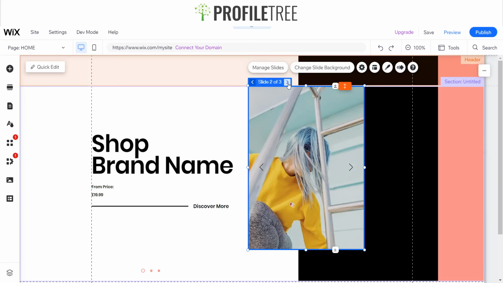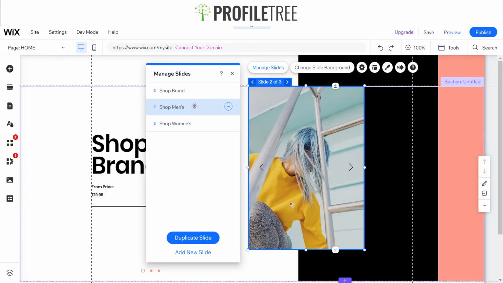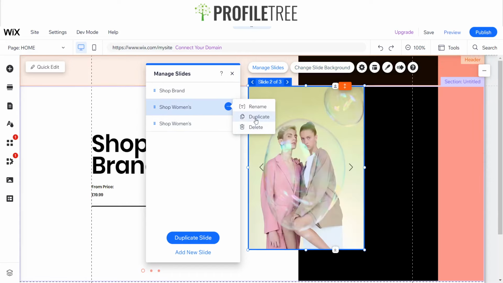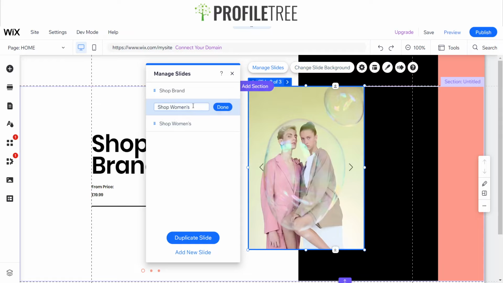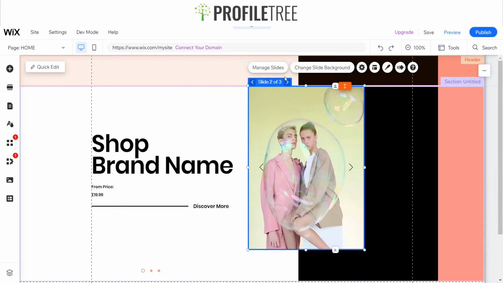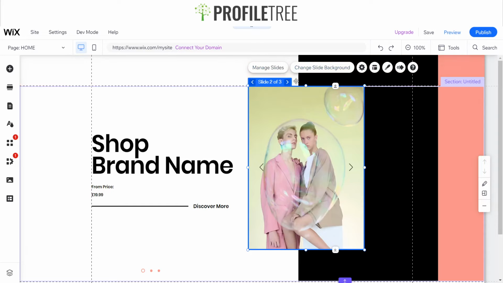Oh, it didn't change my slide. I'll just drag that down and then just rename this women's instead. And then this one I'll just rename it to men's. Okay, so now I'm gonna have to look for the men's one. But while I'm doing that,